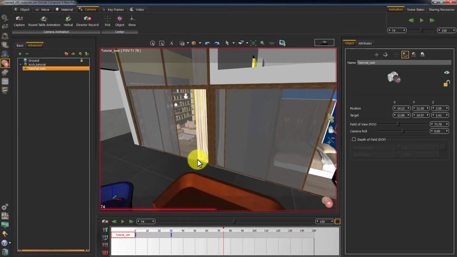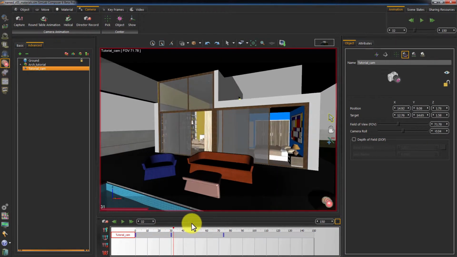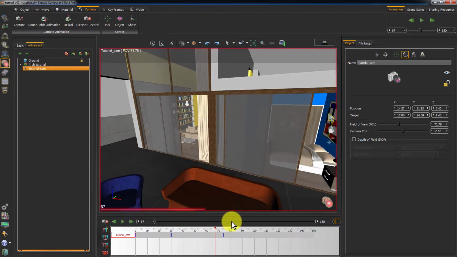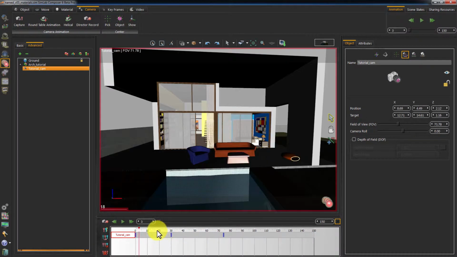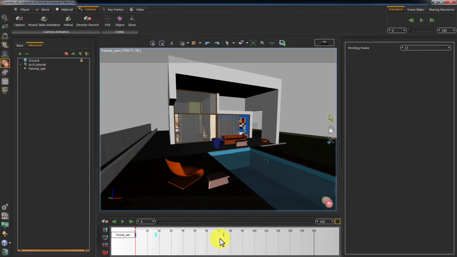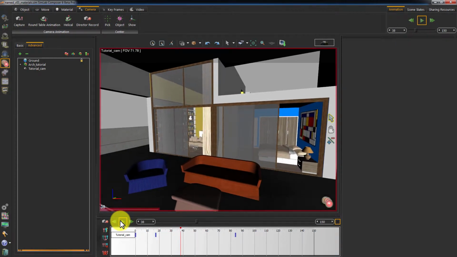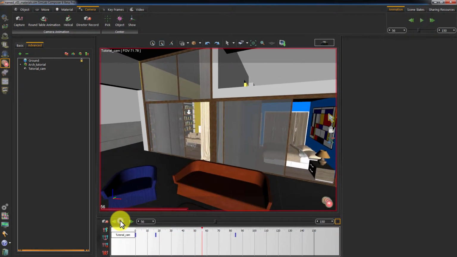Place another keyframe on the timeline following the same steps. You have the ability to change the keyframe's position in the timeline by dragging them. This allows for greater control over the transition's timing. Click the play button to play the animation. You have created a fast-moving camera by bringing the keyframes closer to each other, and a slow camera by expanding